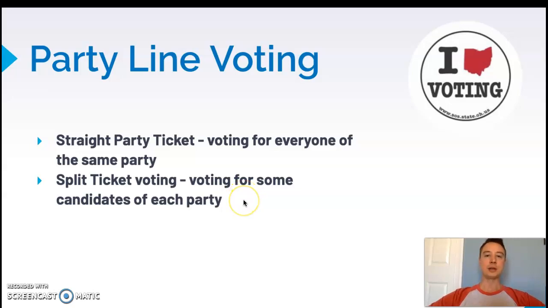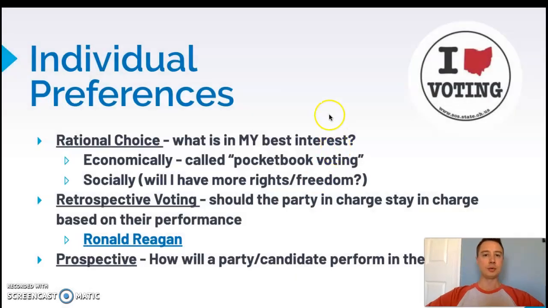And so I don't necessarily have to go party line, because it is more possible now for me to know who those candidates are. But I still think that that's limited to more national offices. President, obviously, governor, senator. Most people don't know their congressman. And so anything from that on down, you're probably still using party line voting. And then some individual preferences.